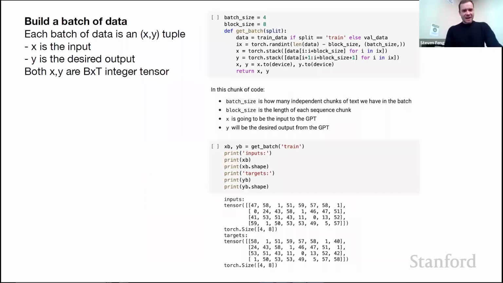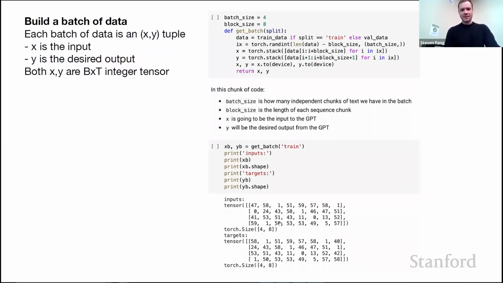Okay, so then we produce batches. These batches of data just mean that we go back to the one-dimensional sequence and we take out chunks of this sequence. Say the block size is 8. The block size indicates the maximum length of context that your transformer will process. So if our block size is 8, we are going to have up to 8 characters of context to predict the 9th character in the sequence. And the batch size indicates how many sequences in parallel we're going to process. We want this to be as large as possible, so we're fully taking advantage of the GPU and its parallelism. In this example, we're doing 4x8 batches.